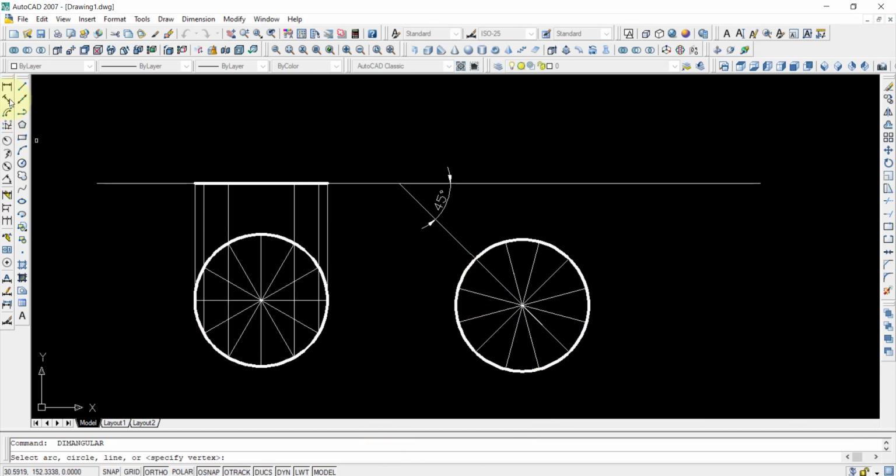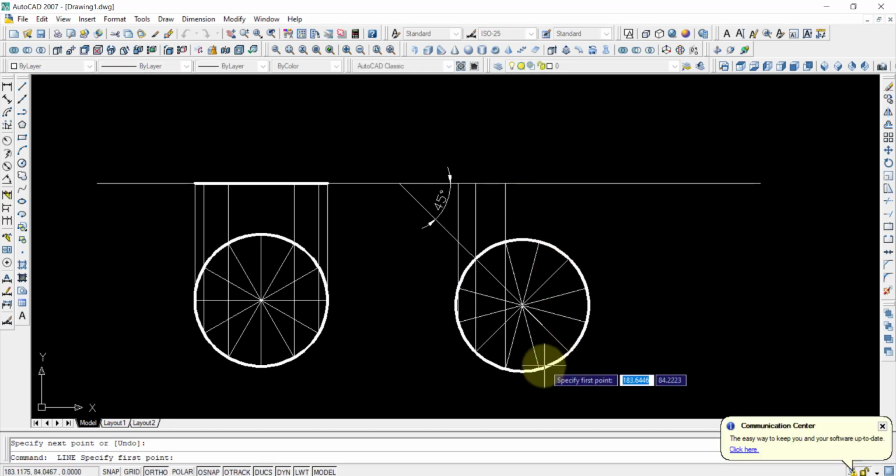Now whatever the projections are there, those things can be projected now like this. Whatever is obtained here will again be obtained here. What we can do is draw the projector lines at each and every point coming down like this. You can see there are more projector points obtained like this.